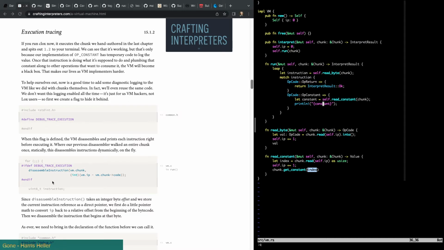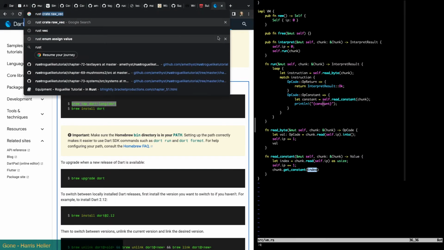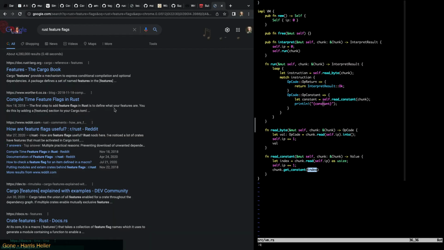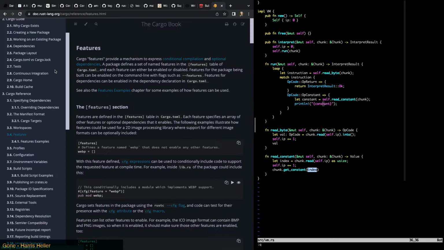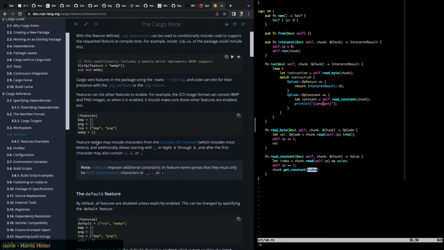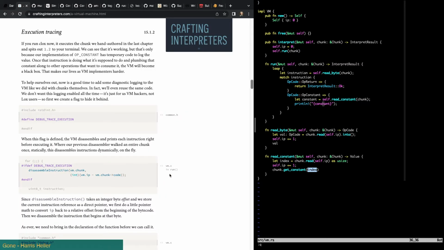Oh, I see. Okay, so this is where we go Rust feature flags. How do we do features? Because that's the equivalent of doing a feature. And then we could just say config feature is webp. Okay, so we can do that here, right? We can say in our main loop,